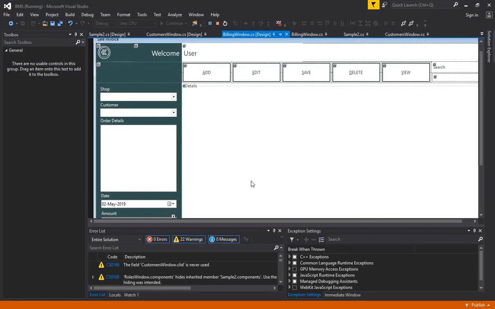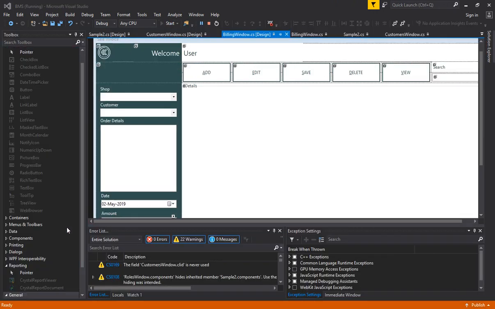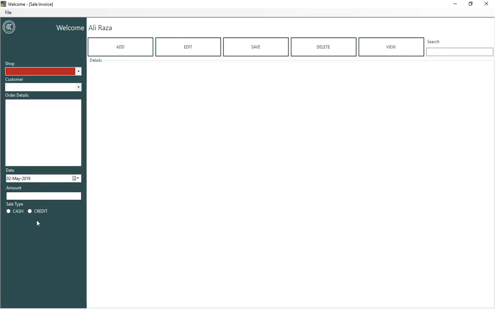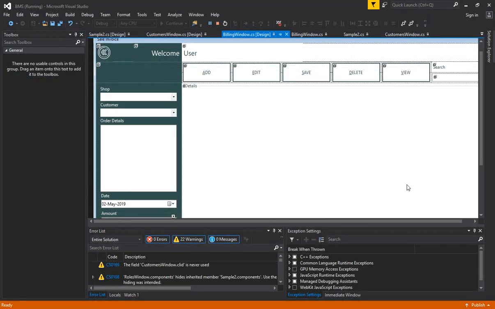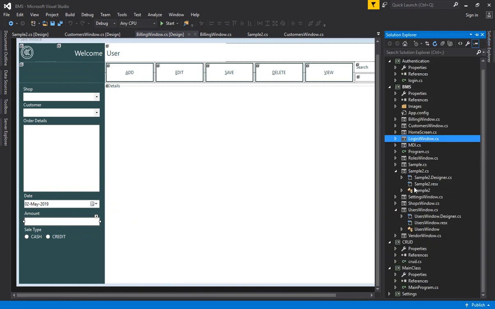So now that's fine. One more thing that I must check here is the radio buttons. Login, bills, and then let's say if I click any of the radio buttons and click save, look, it's still validating this one. So it should not be validated once any of the radio buttons is clicked. So we have to review the radio button validation code. So what you can do,